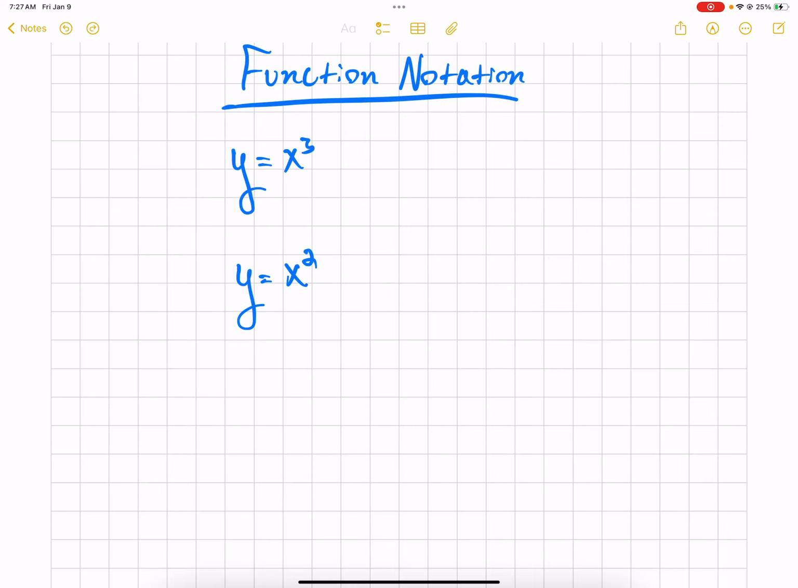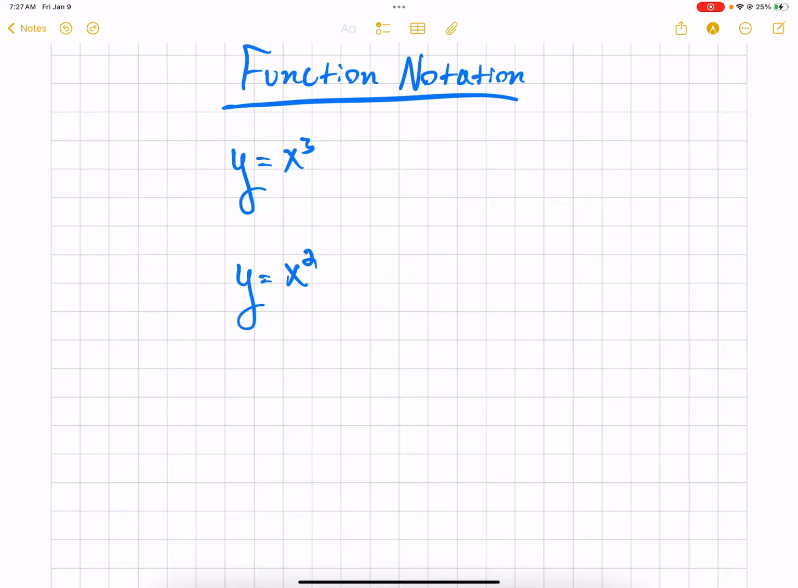Function notation allows us to name a specific mathematical relationship, and it allows us to specify what the inputs, the independent variables, of that mathematical relationship are. So this is what we would do if I needed to consider the mathematical relationships y equals x to the third and y equals x squared, and I want to distinguish between them. Instead of saying y equals,